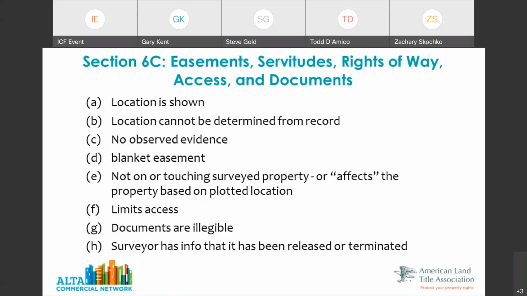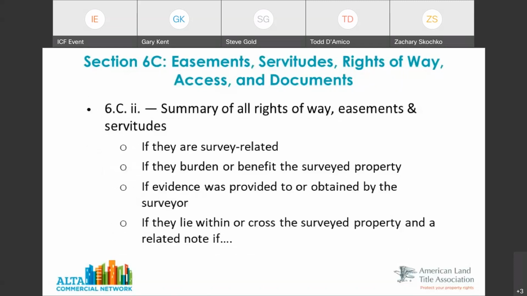Yeah, I might just touch on a couple things, Todd. I'm going to back up one. On this summary that Todd's just been talking about, we're talking about the survey-related items. I know that surveyors get involved in conveyances where there are 52 items listed in Schedule B2.